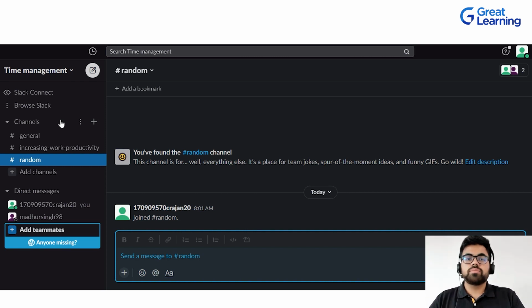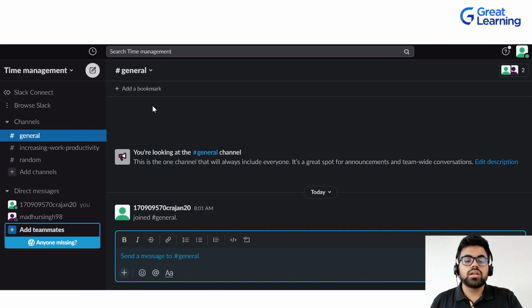As I have mentioned before, Slack has three major types of channels. The first is public channels. As you can see here, hashtag journal is a public channel. These channels are open to anyone in your company to join and find out what you are doing. So it increases transparency while allowing everyone to benefit from the context of the conversation and the things that you are putting out there.